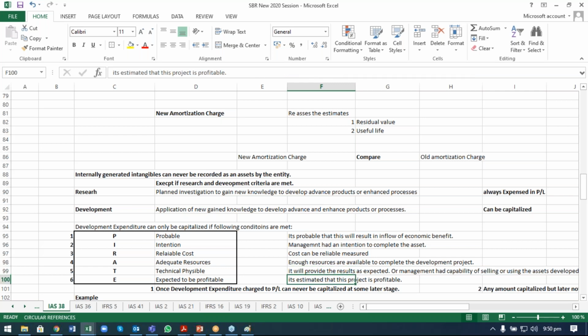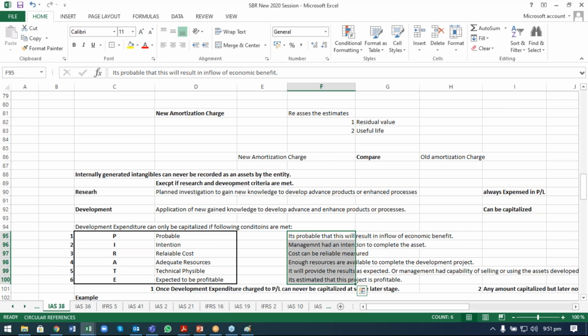It is estimated that the project would be profitable. So these are technically feasible. It would give you the results as expected by the management, right? And the management can either sell it or use it. So these are the criteria you need to meet. If any of these criteria is not met,